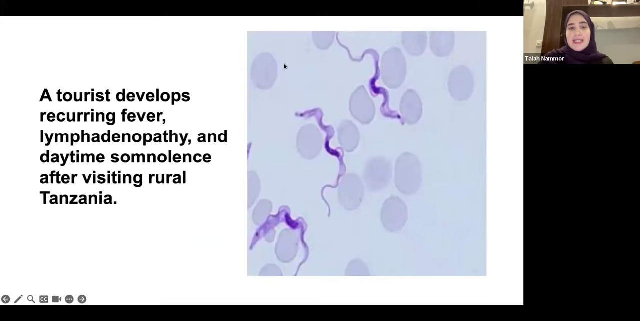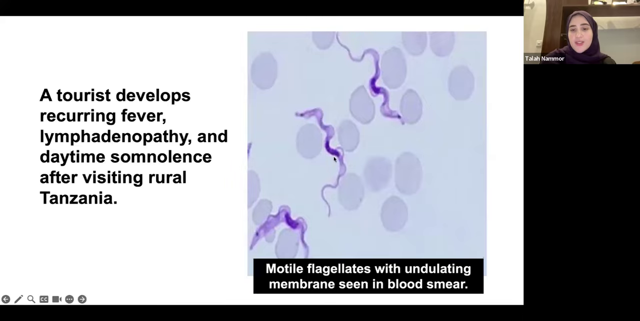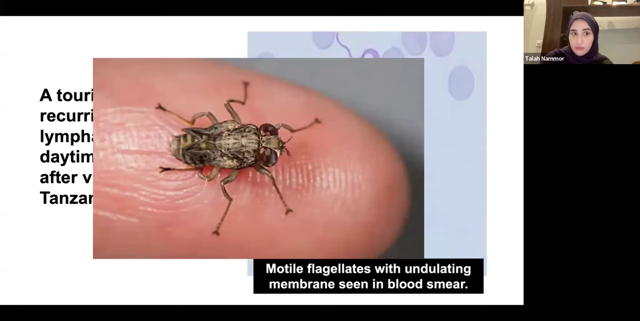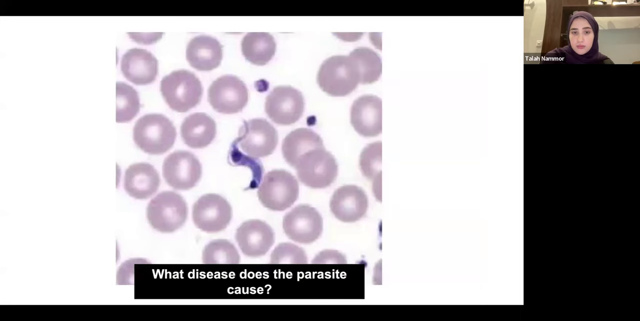Okay, what is this? Trypanosoma. Done. So, motile flagellates with an undulating membrane. So this is the flagellates and it's Trypanosoma. Specifically,